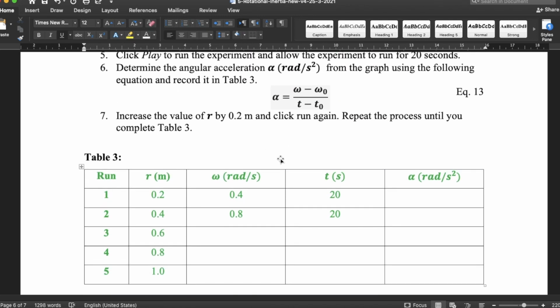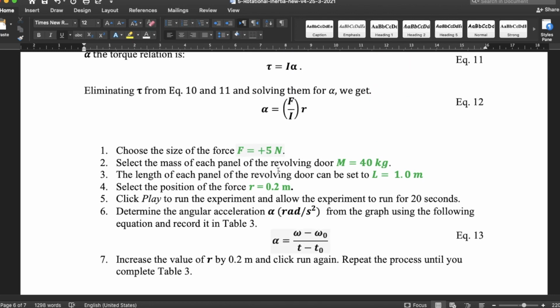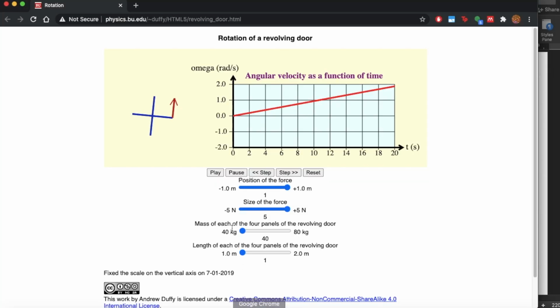Let's do that. So let's use the same parameters that are given here. Set the force to 5 Newton, the mass of the door to 40 kilograms, its length to 1, and the position of the force to 0.2. And again, this is my data. Use your own. So the initial position of the force is 0.2. We'll change it with certain increments and fill in the table. And this is R. And the size of the force is constant, and it's 5 Newton. And the mass of the door is 40 kilograms, and its length is 1. So by clicking play,